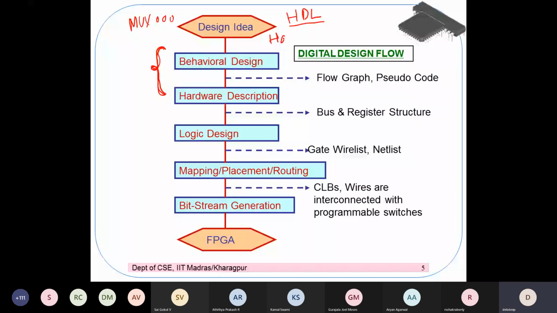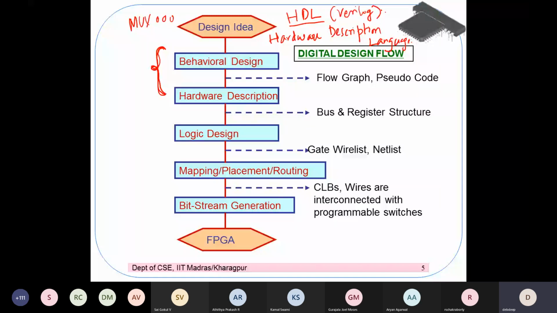description language. Okay, so we will basically learn a specific type of hardware description language, as an example of this being Verilog, through which we will be able to describe our hardware. Okay, and once we have described our hardware, there are different ways of writing our hardware description, but